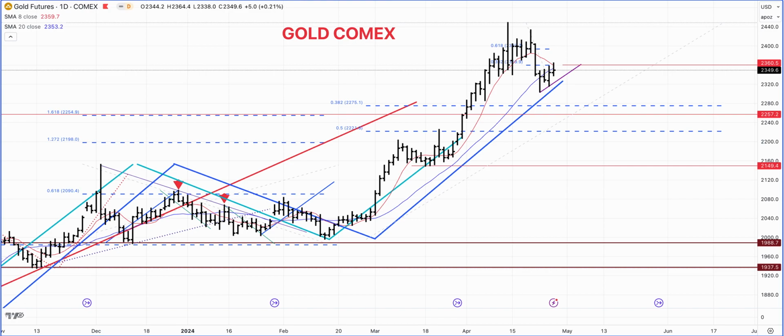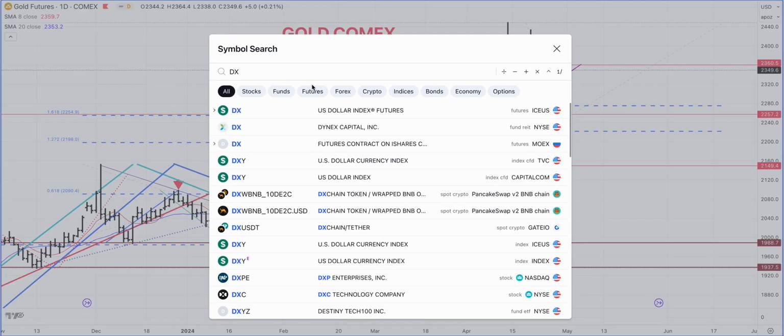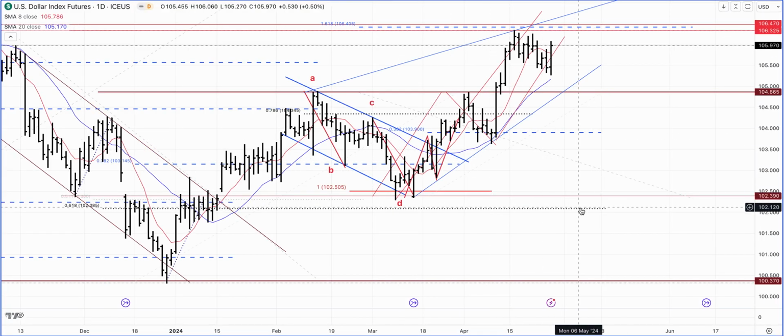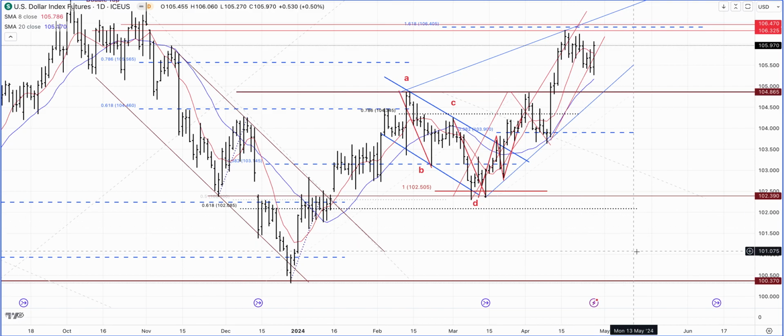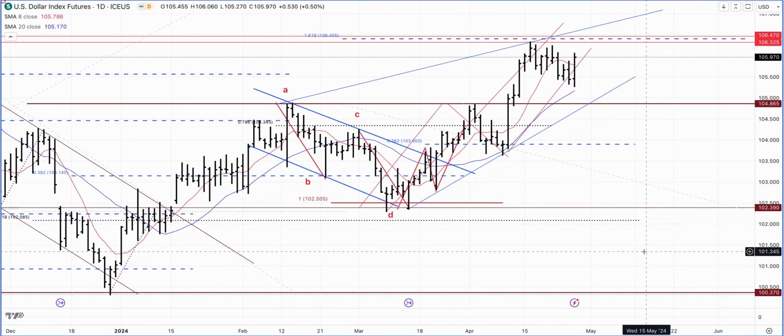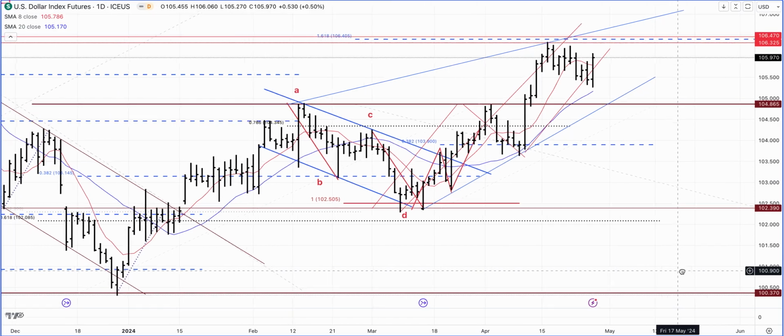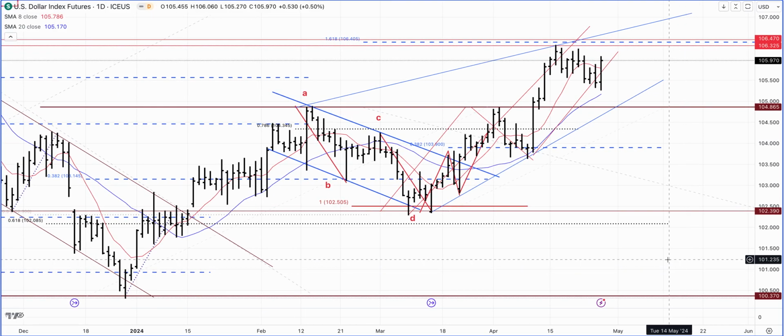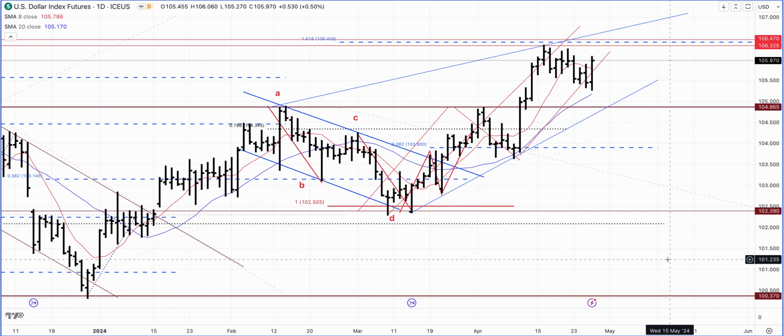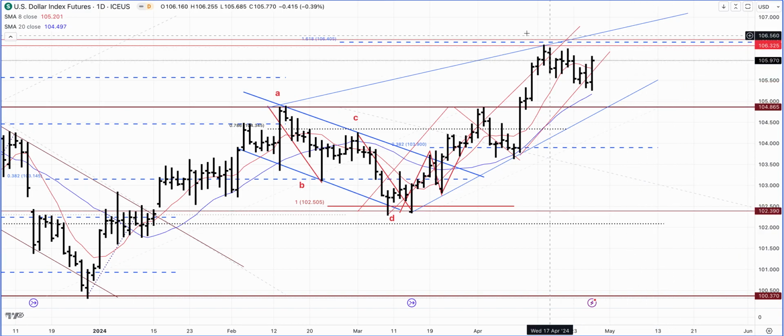So we'll begin to take a look at the gold market, but before we do that, let's actually review what the dollar did. So this is the daily chart for the US dollar. This is the dollar index. Dollar index is a basket of different currencies, the major 7 currencies, and out of this, about I believe 51% is the euro currency. So what we have seen is basically last Friday the dollar was pretty strong.